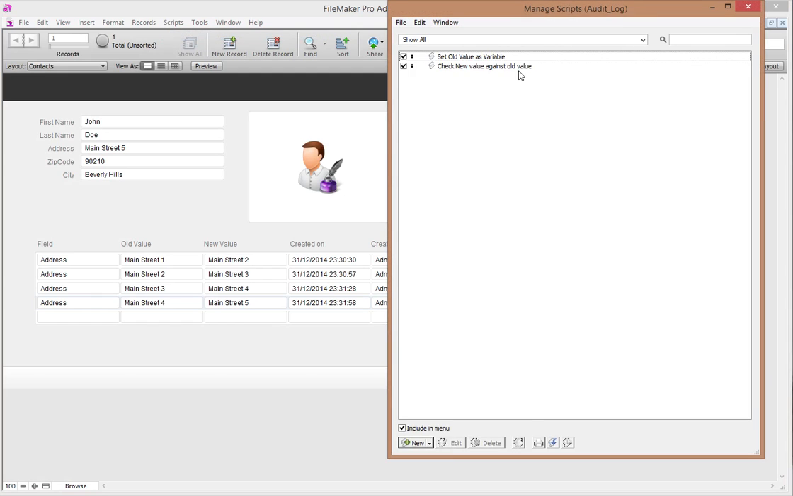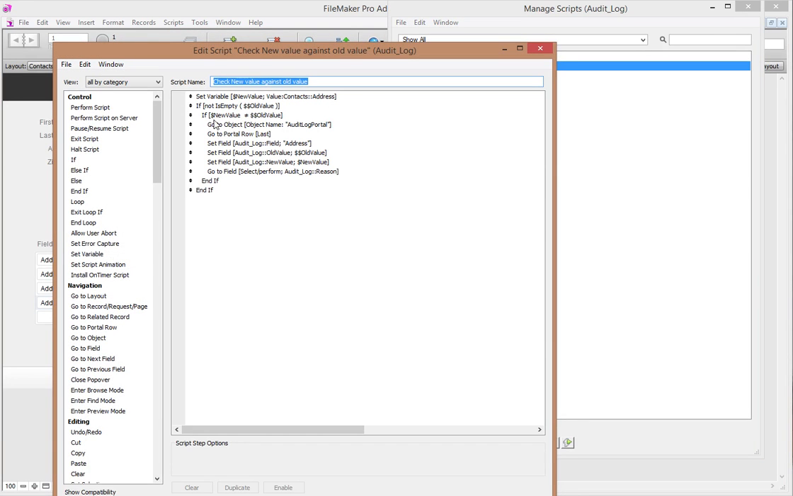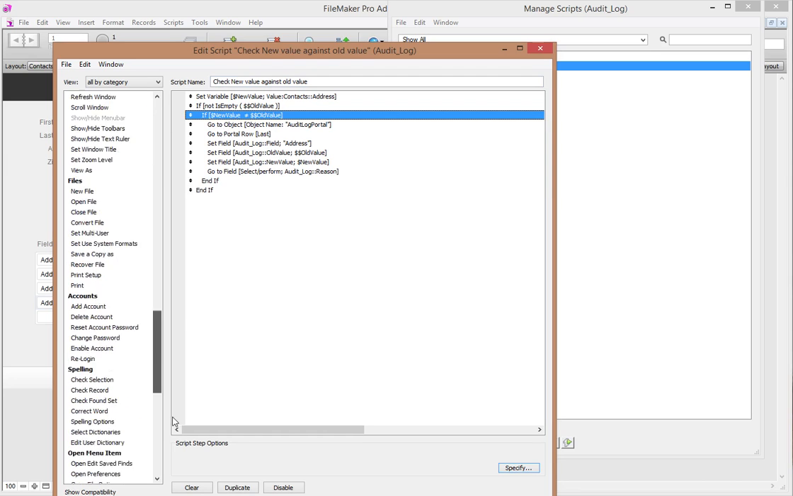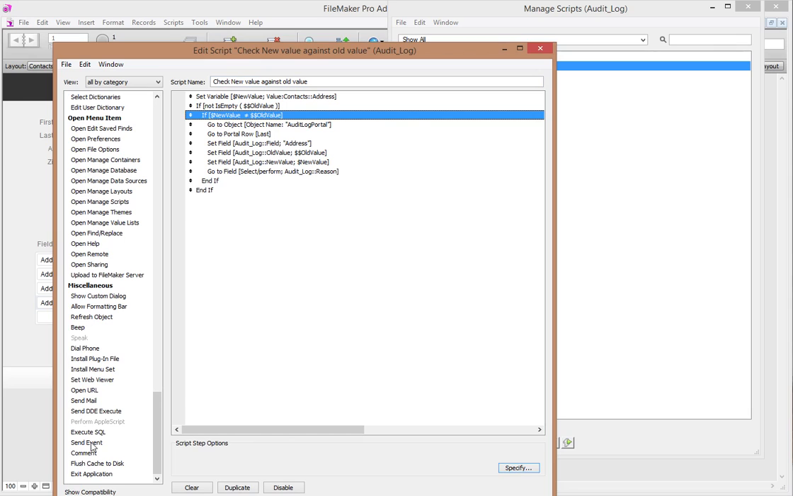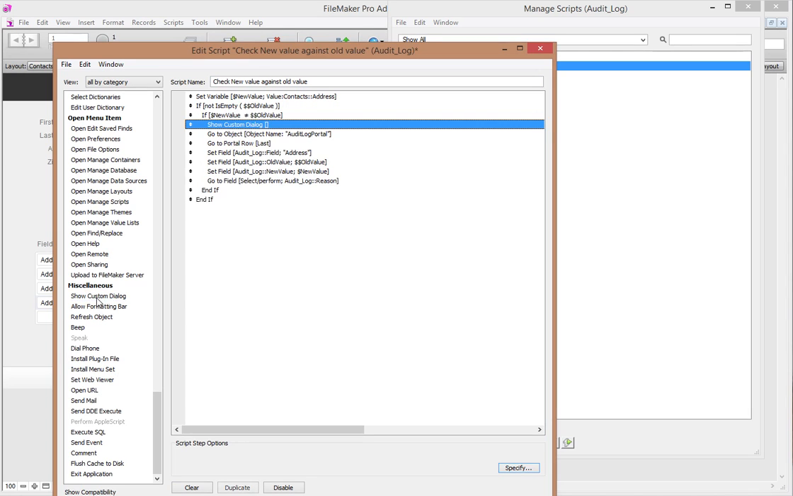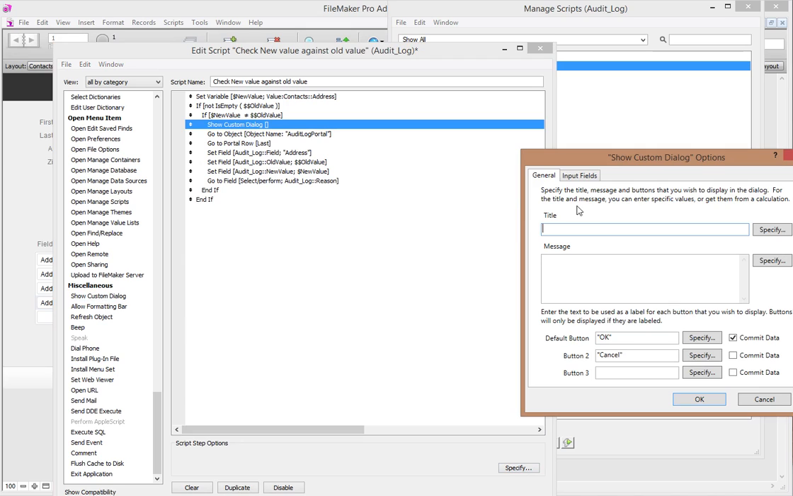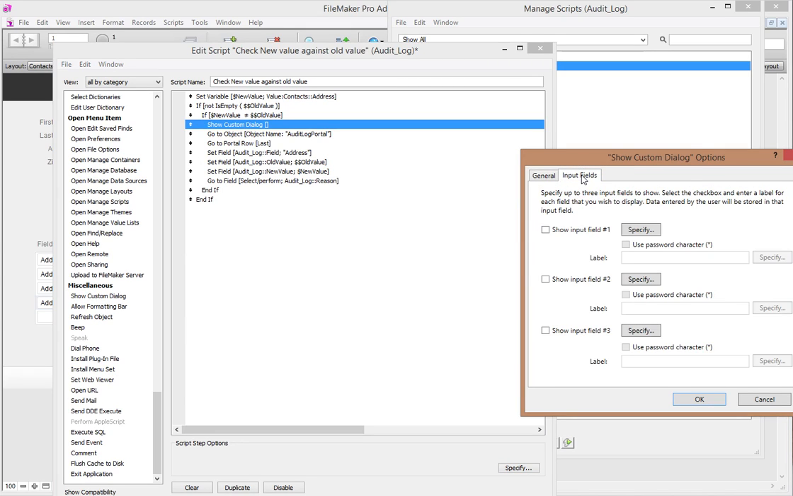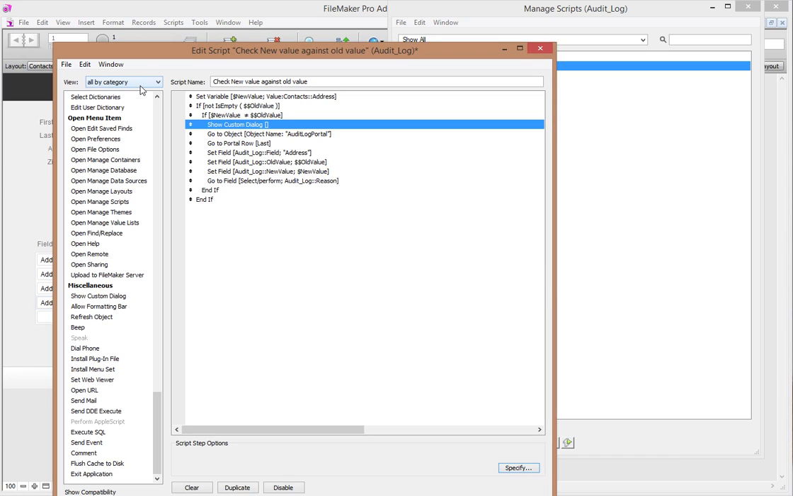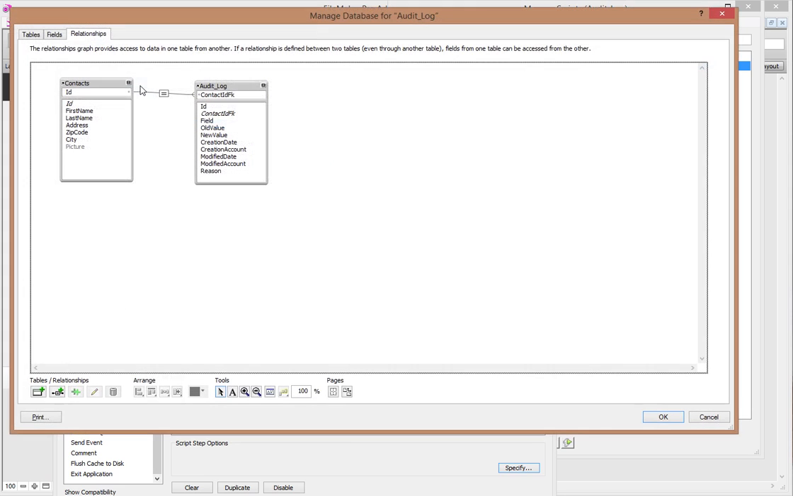Let's go into manage scripts. Let's go and say, if the new value is not equal to the old value, let's just create a simple... Can we create a custom dialog that turns into a variable? Can we do that? Maybe we can simply use a simple global field